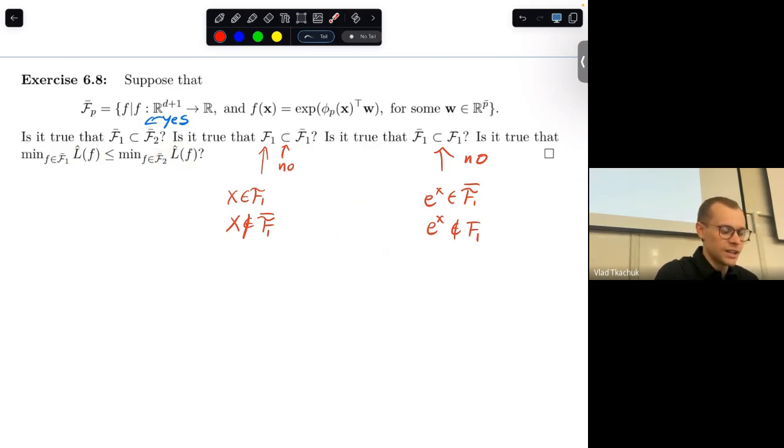This can't be the case, because, so what does this min mean? This min means you're searching for the smallest f in F1 bar, and here you're searching for the smallest f in F2 bar. But F2 bar is bigger than F1. So whatever the min of this is, it can only be larger than the min of this. Like this min. Okay, so in particular, if f star 2, which is equal to argmin